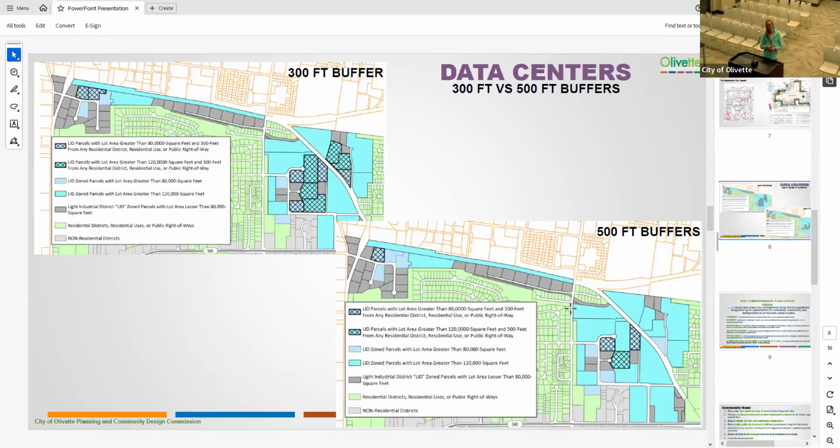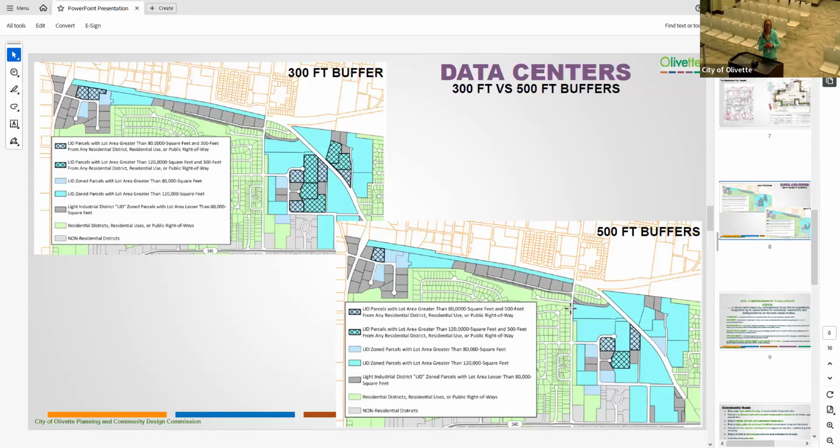I tried to make it a large hatching, but looking at it on the screen, you can't really tell one blue from another. If there's any question as to which ones are 80,000 square feet and which ones are 120,000 square feet,